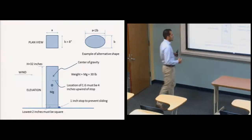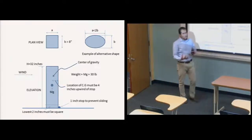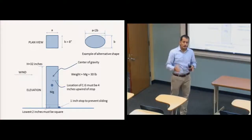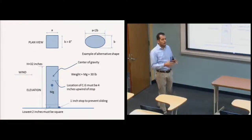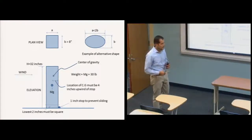We have also some other restrictions regarding the center of gravity. So you're going to need to follow certain rules, simple rules, nothing complicated. We just have these rules to make sure that we test similar cases, and